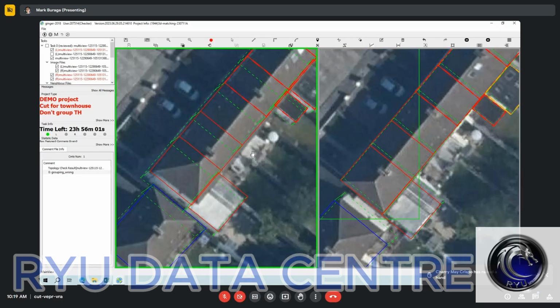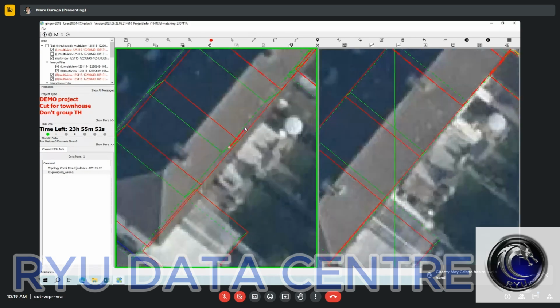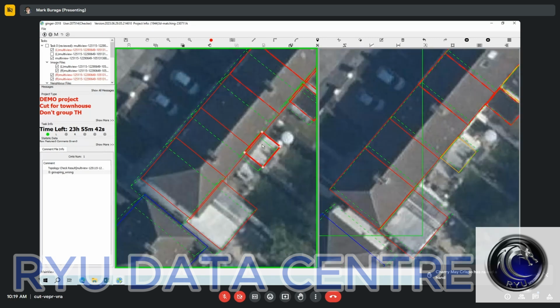You have one here, as you can see. So I'll use H again to capture this one. All right, that looks good already for me. So I'll group this one.